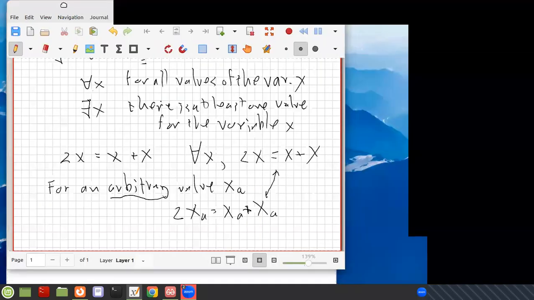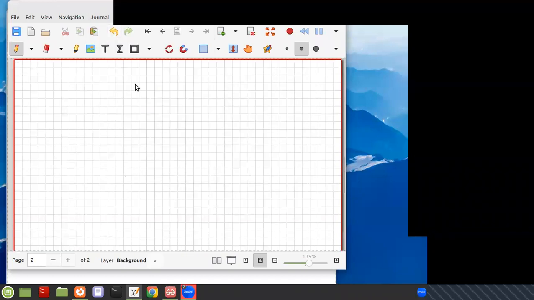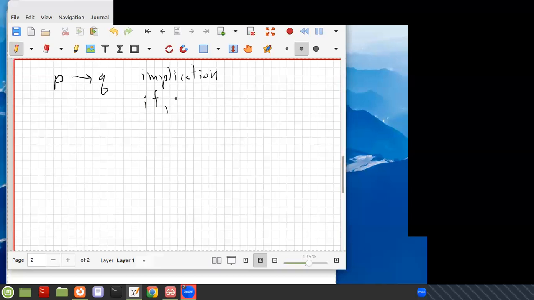Okay, and I think we didn't quite get to one of the more difficult logical connectives, so I wanted to take a moment and do that. That's the idea of the guarantee. It's also called implication. It's often translated by "if P, then Q." So you'd say, okay, if it is